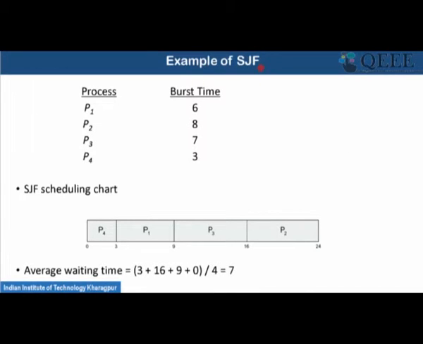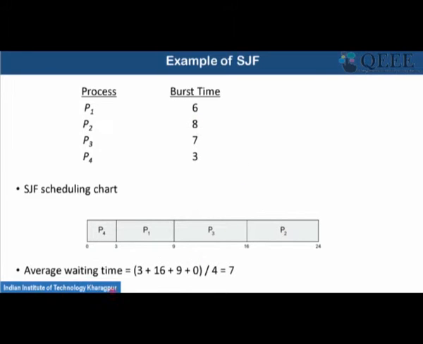So here is an example of shortest job first. We have 4 processes P1, P2, P3, P4, and they have burst durations of 6, 8, 7, 3. Assume that at the beginning all the processes were in the ready queue. If you look into the Gantt chart for SJF scheduling, P4 has the minimum burst duration of 3, so we first take P4. Then it is P1, which is 6 seconds. Then we take P3, which is 7 seconds, and then P2, which is the longest duration at the end, that is 8 seconds.